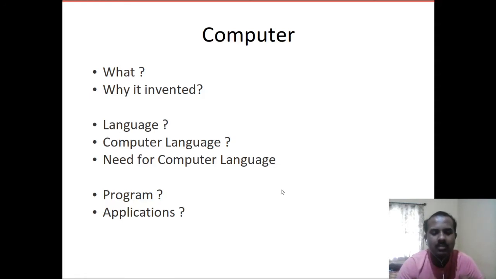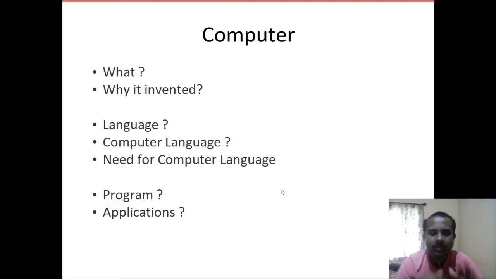So how is the communication possible? The program written in high level language is fed to the built-in application called a compiler. The compiler will convert the high level language to binary level language, or machine level language, and then the computer will understand that machine level language and start executing. What is a program? A program is a set of instructions.